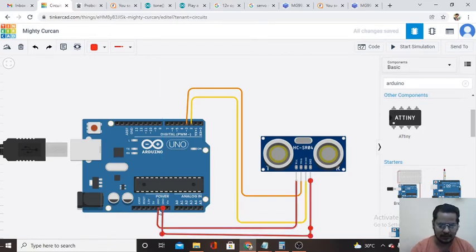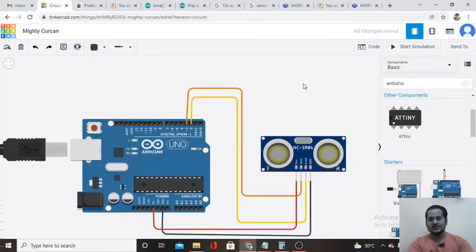Here it is. And VCC we have to connect to 5 volt. Done. And we have to change the color of ground. Ground will be black. Done, so the connection is done.